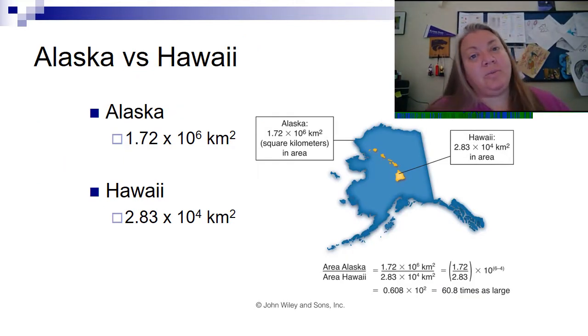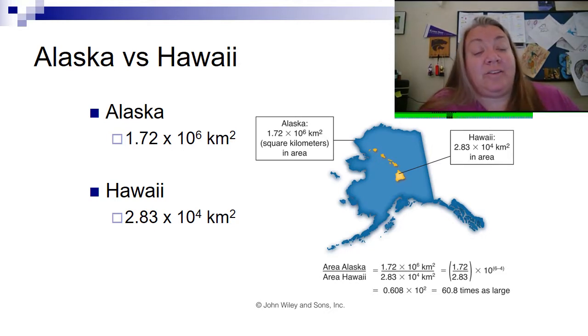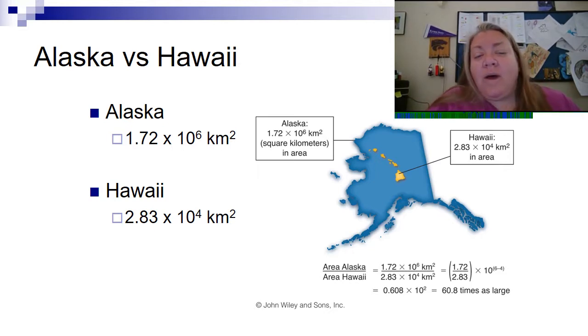Now here's a place where we're actually using that particular idea. Here we're looking at the difference in size between Alaska and Hawaii. Now we know Alaska's a lot larger, but if you look at most maps, it looks like they're about the same size, but we know that that's wrong. So how much bigger is Alaska than Hawaii? Well, on here it gives you the area of each of the states. So Alaska's 1.72 times 10 to the 6th square kilometers, and Hawaii is 2.83 times 10 to the 4th kilometers